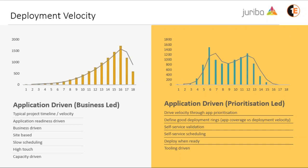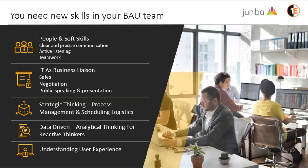So we've looked at the technical aspect of this, but there's an even more significant aspect to consider, and that's the cultural change your organization is going to have to go through. In most organizations, our business as usual functions have been quite reactive in nature, leaving the big proactive initiatives to our project teams or our outsourced partners. Now, with Windows 10 as a